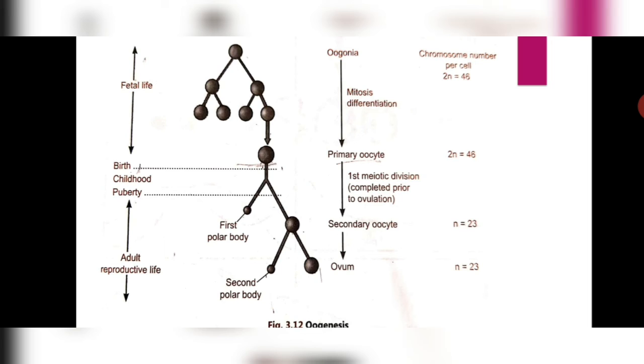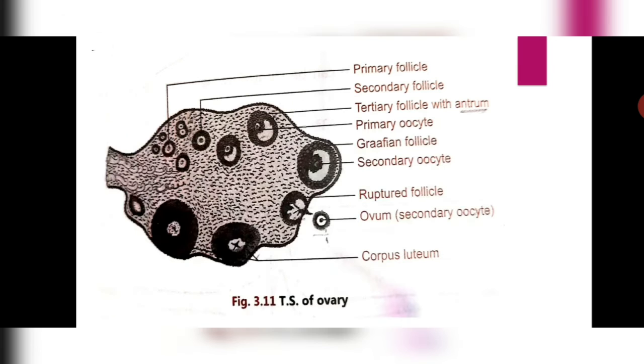Under the circumstances where fertilization occurs, that means as soon as the sperm hits the secondary oocyte, for fertilization, the second polar body will be released, and what will be left? Ovum. So eventually the fertilization will occur between a haploid sperm and a haploid ovum. I hope this is clear. Can you see the development here?